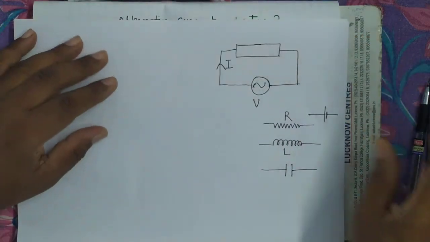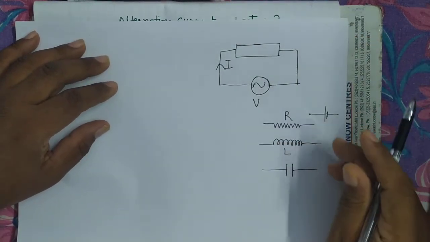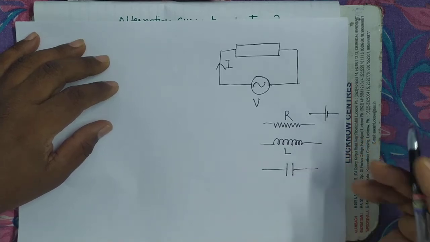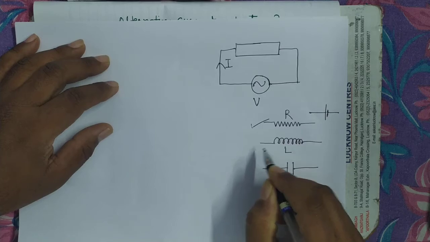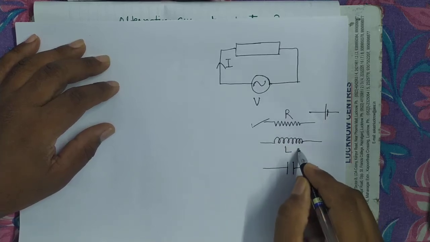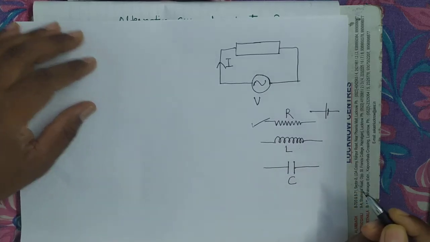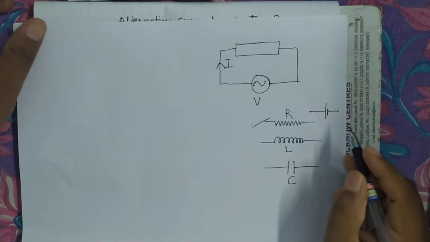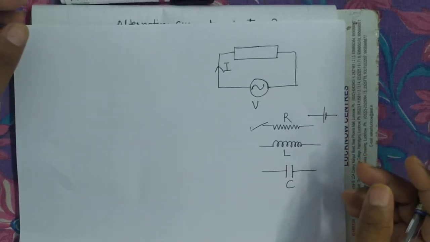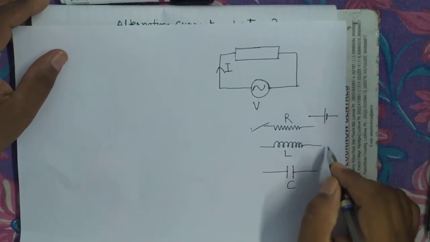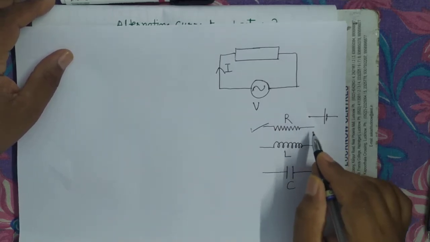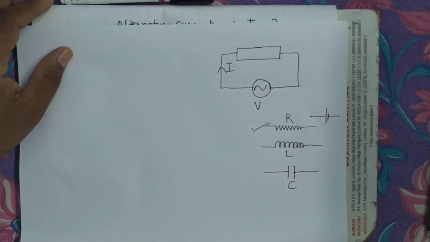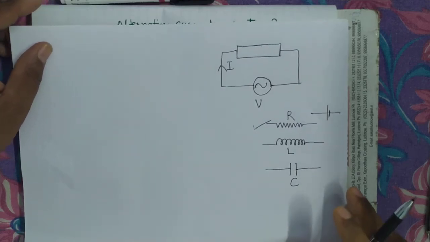So see here, suppose this is an electrical circuit which is composed of some circuit elements. These are the three circuit elements: resistor, inductor and capacitor. It's clear? Any electrical circuit in your course will be a composition of these three. It may be only one or it may be a composition of these three.